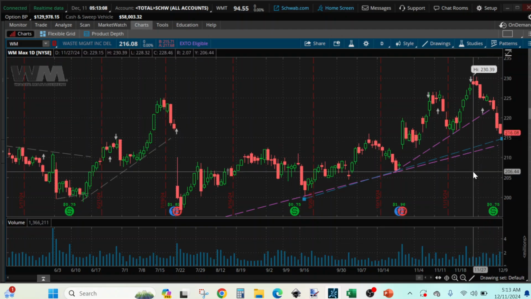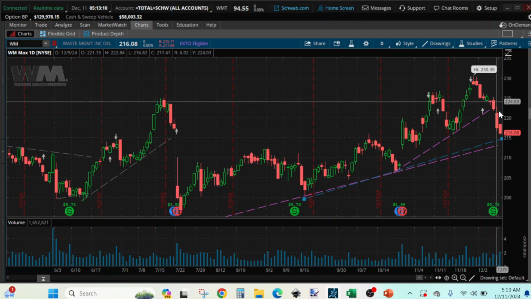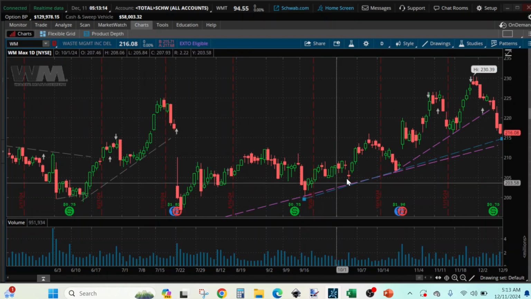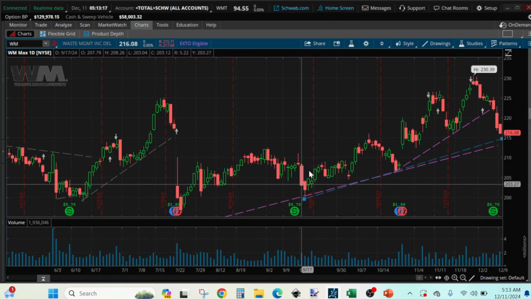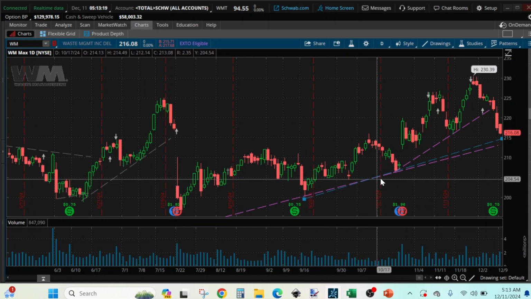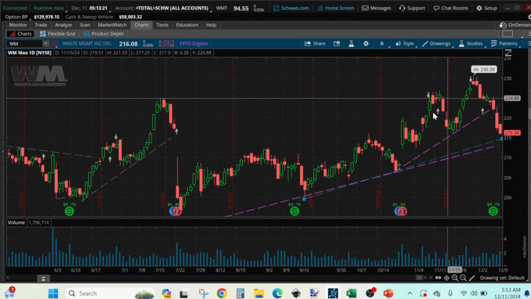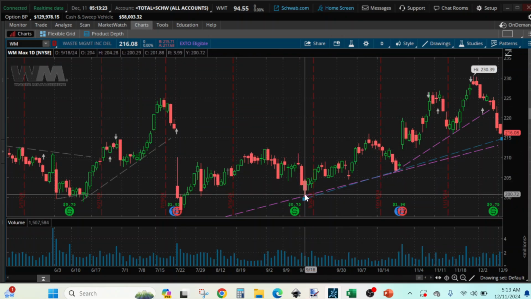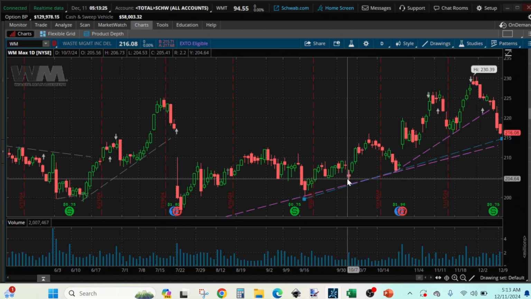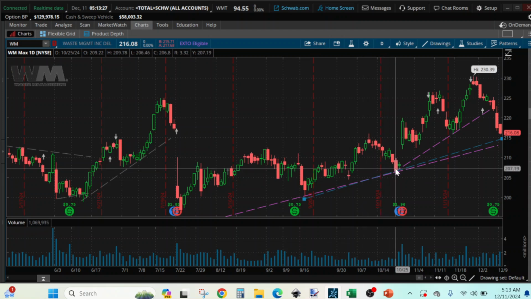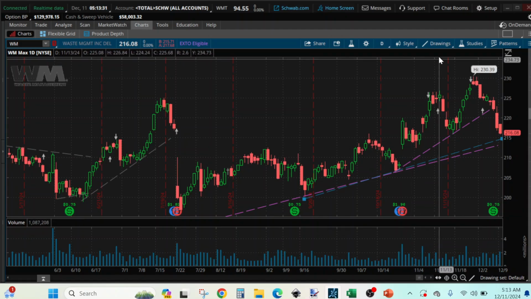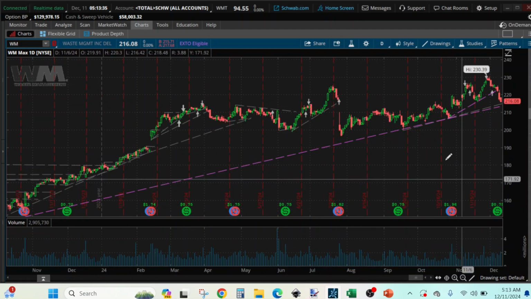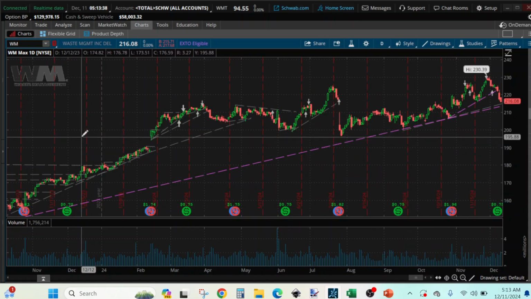So we can see what it's going to do today. I was just thinking about buying more of it, but again, you see how it did it here. It could linger a little bit along that line before making up its mind. But again, let's see here, we have September, October. So did it touch that line often, or what? So if we go back, at least it did it here,